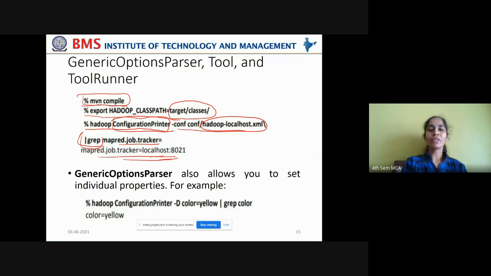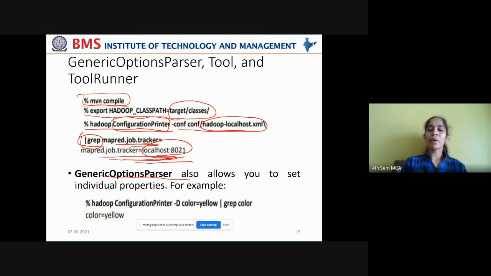For that, we are using this -conf command, which overrides the mapreduce.jobtracker property with the property passed as a command line argument. What is the property? mapreduce.job.tracker. We are giving it as localhost, listening on port number 8021.